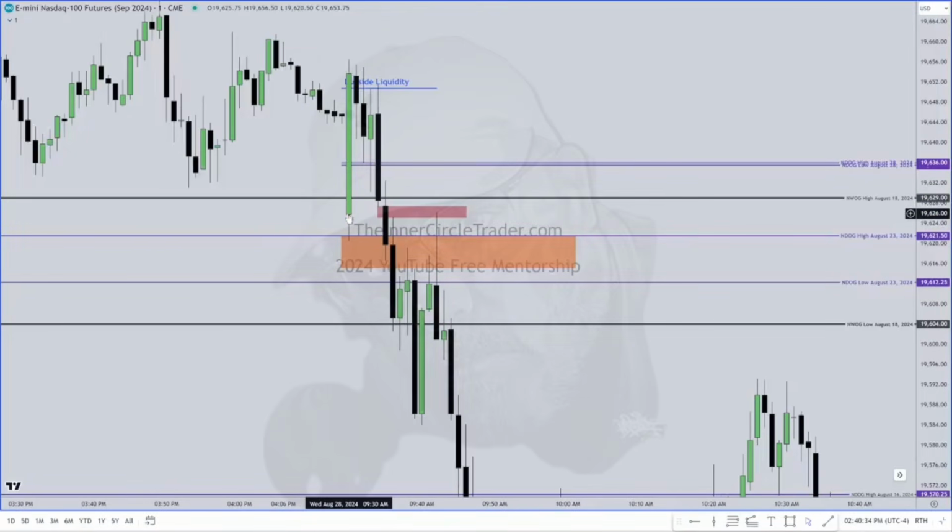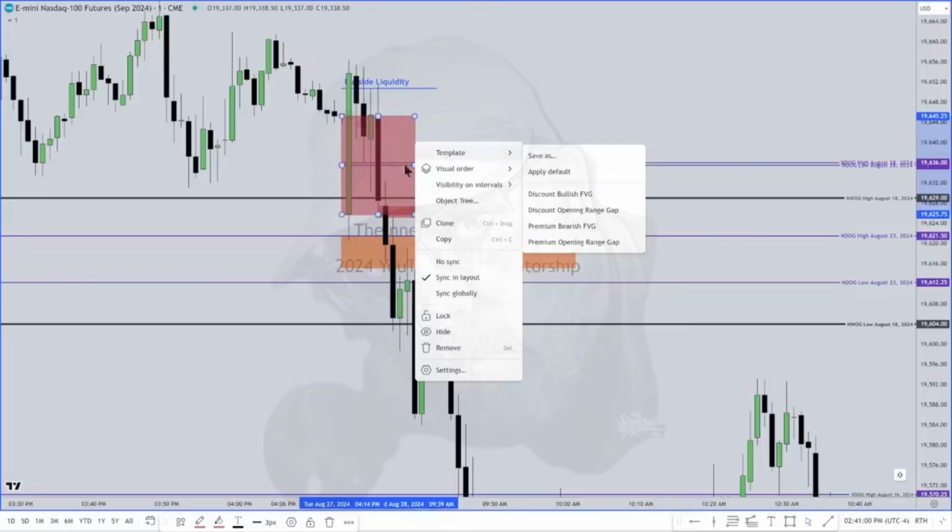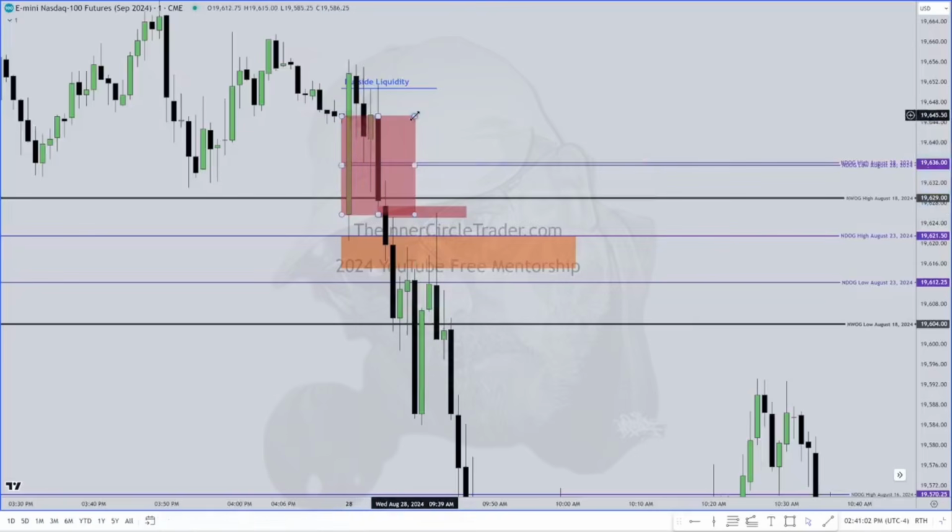This is a discount gap. That means it's an open that's lower than where we settled the previous day, and then it's likely to do what? Half of that range within the first 30 minutes of trading. So you annotate it here, put it on the opening price, and you draw it up to the settlement price, and you make your little rectangle here. And then because it's a discount gap,